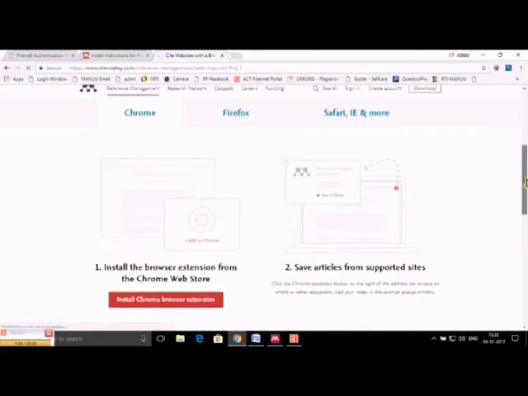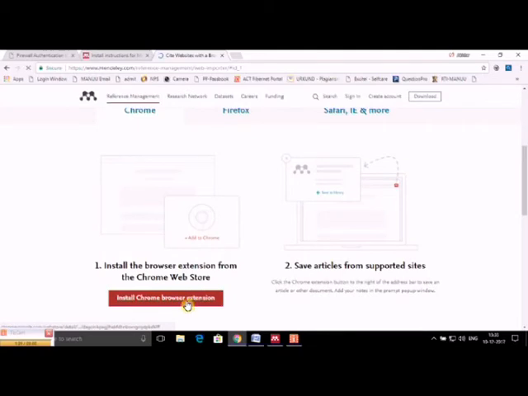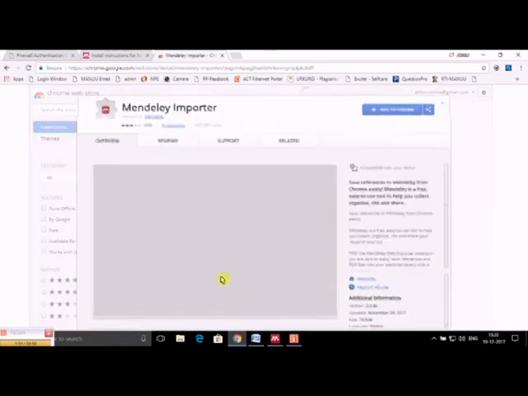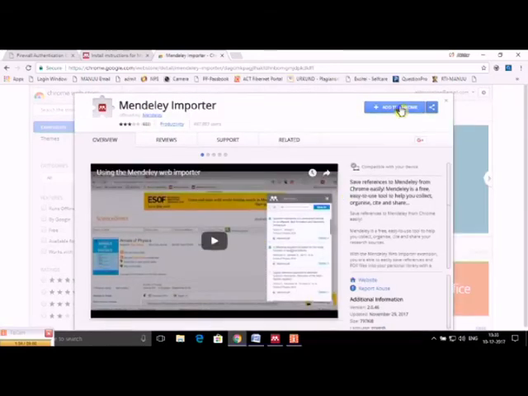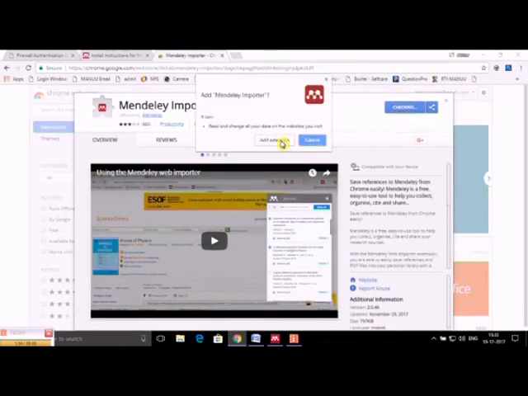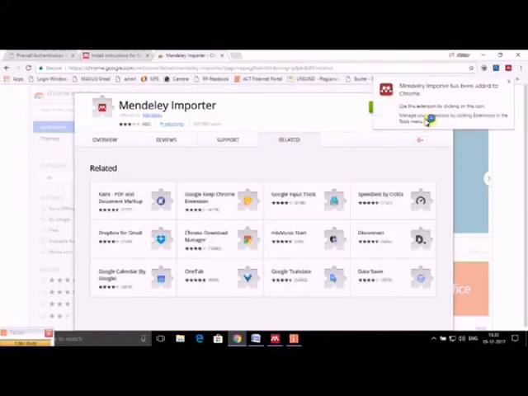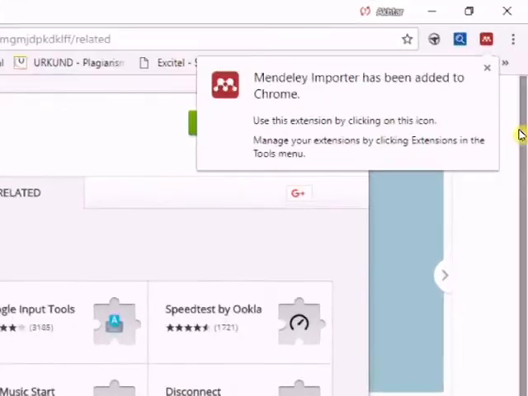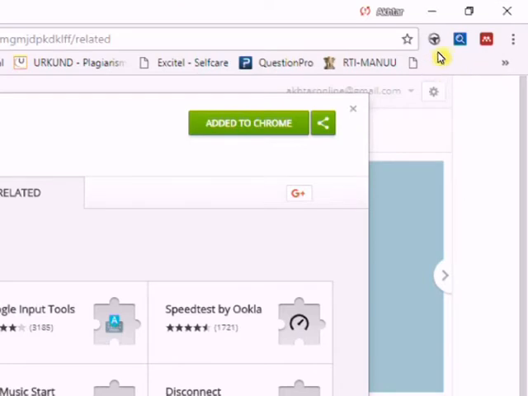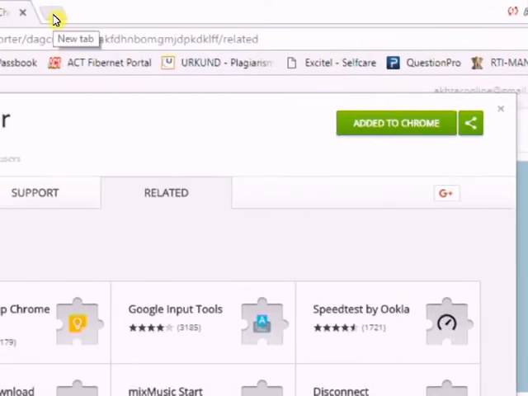Since I am using Chrome, I will click this button, and I will say add to Chrome, and I will say add extension, and on your right hand side you see Mendeley importer has been added to Chrome, and this is the plugin for the browser. Okay, so I'll close it and I'll just show you how it works.